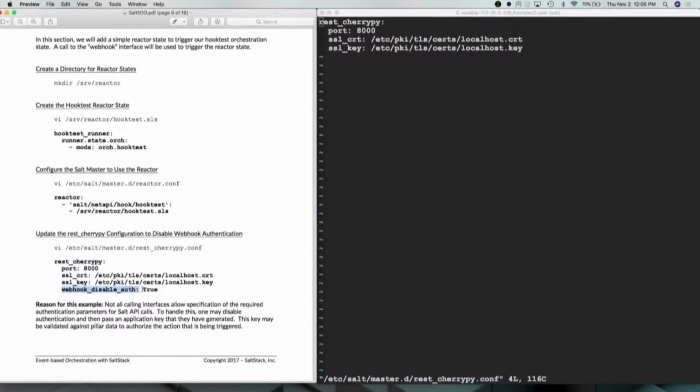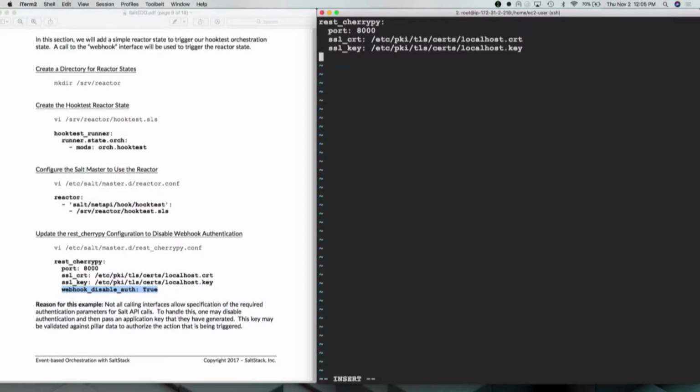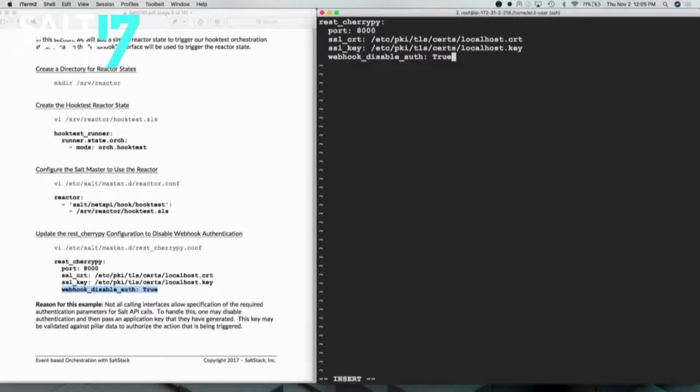In this case, we are going to add an option to disable authentication on the webhook. Remember that Salt API user that we created? Well, sometimes you will be working with an interface where you don't get to control all the authentication parameters that you're going to pass through to Salt API. Usually the one that gets you is having to specify the external auth. And so what you can do is disable authentication on the webhook endpoint, which was in that ID we saw,